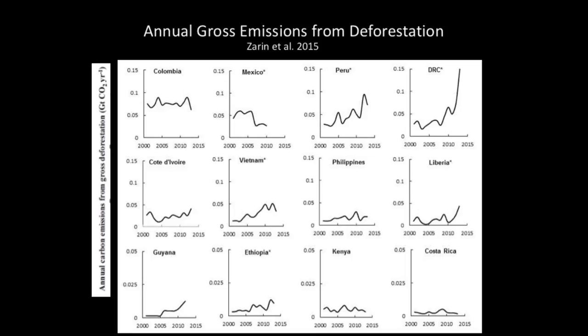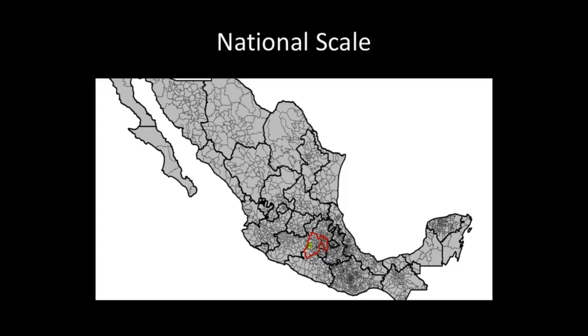Now, the case of Mexico. How do we think this kind of data could be useful for a place like Mexico? Well, one idea was, if you want to report at the national level, there are many ways to do it, and you don't need all of this. But if you want to report at a level that is much smaller than the national level,